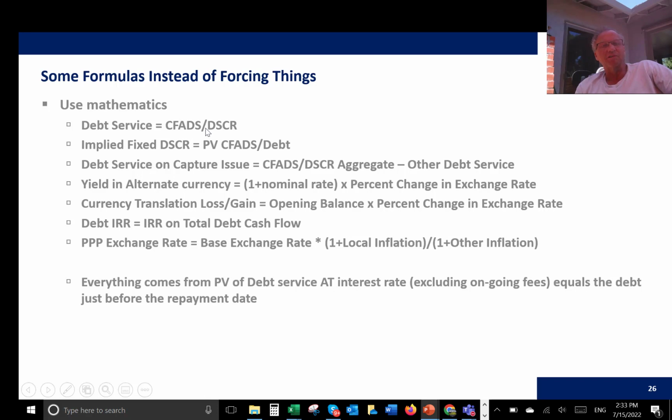So I guess we could put in here, either it's going to be an input DSCR or it's going to be this. Now, if we have multiple issues, we adjust this formula and say the CFADS on the very last issue, it's going to be the CFADS divided by our total DSCR on all the issues. And we got to subtract some other debt service, which could be using the same sort of pattern or a different pattern, could be fixed. Now, that's just the first part. The second part is,